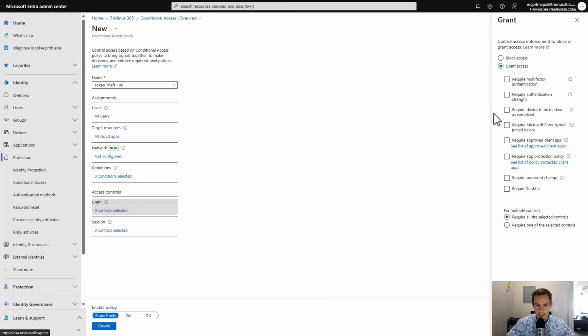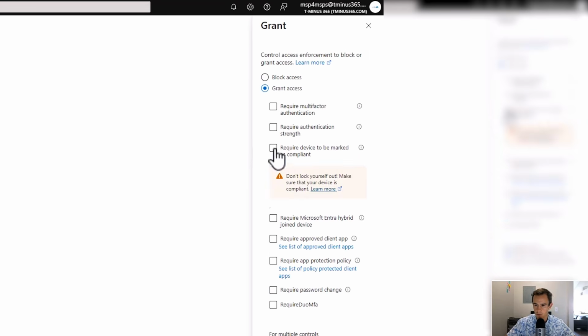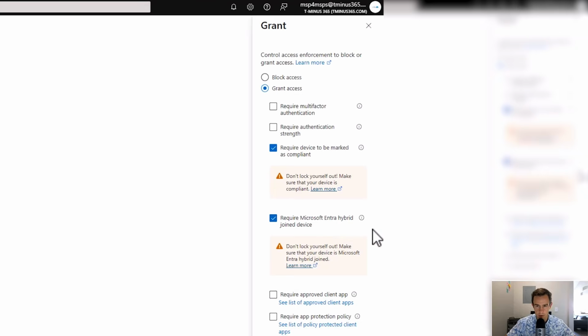But then in the grant controls, you're going to require the device to be marked as compliant. And within here, you could also say that it needs to be hybrid joined, if you're still running a hybrid Active Directory environment. That could be another way to say that it's a managed device. But this would basically, again, start shutting down that token theft or token replay, because it would check back into your session, see that the device they're trying to use that session token on is not compliant, not a managed device, and it would basically shut down that token or that session for them,